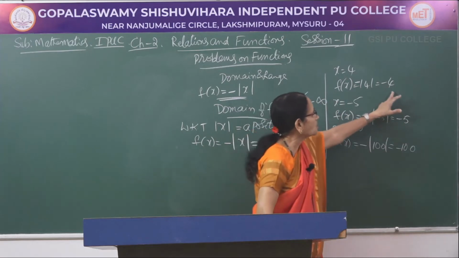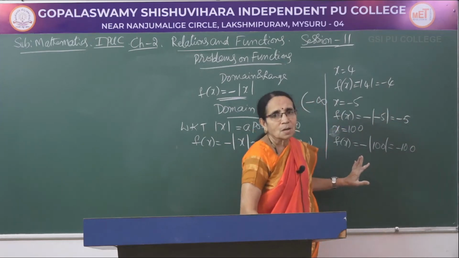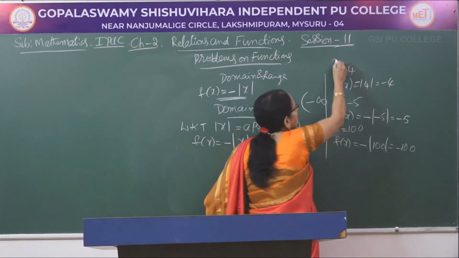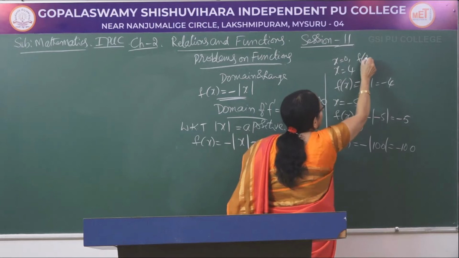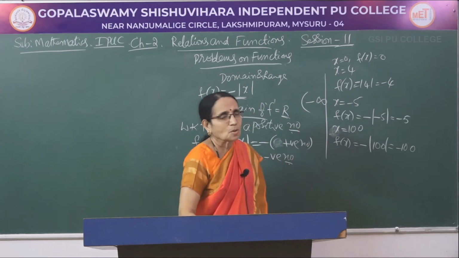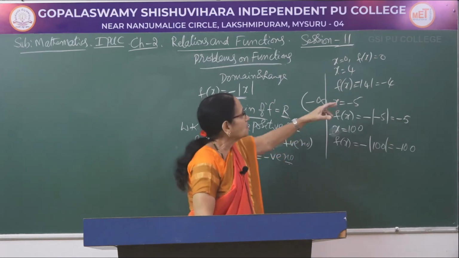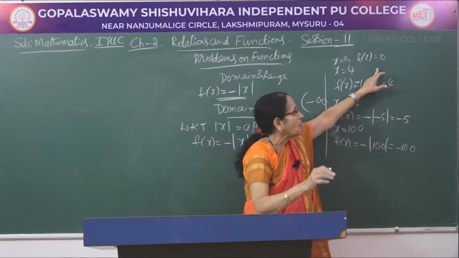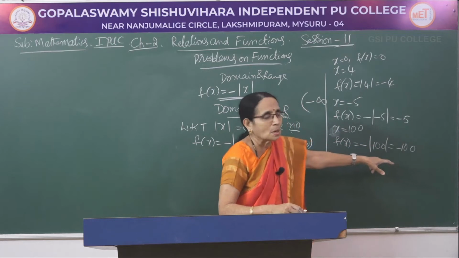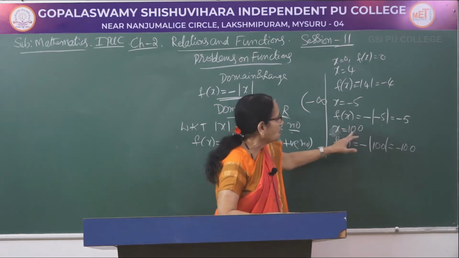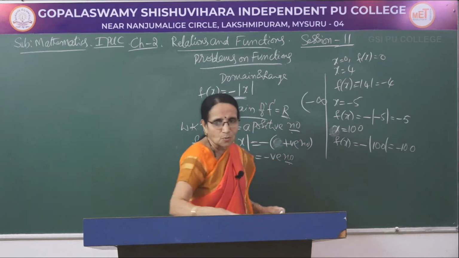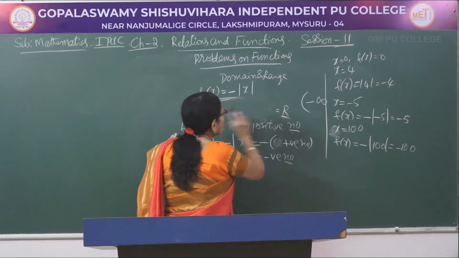You observe, we get only the negative numbers here. No question of having a positive value. Of course, when x is 0, f of x is minus of modulus of 0, it becomes minus 0. Minus 0 plus 0, we write 0 only. So, 0 was the first number it can have. Any other value you give for x, it would always be a negative number. If you increase the value here, the number would be decreasing and decreasing.